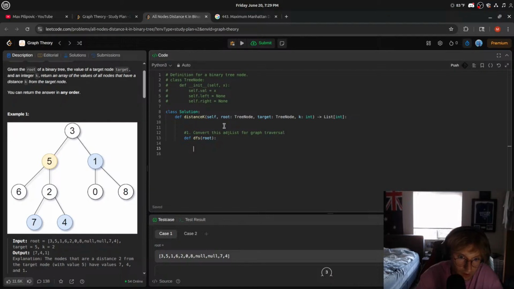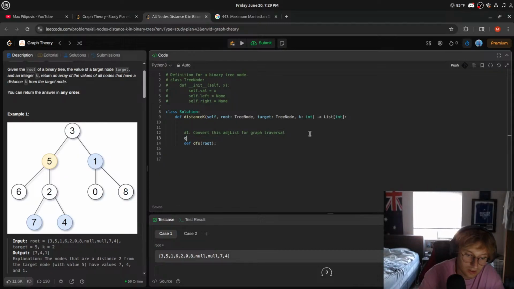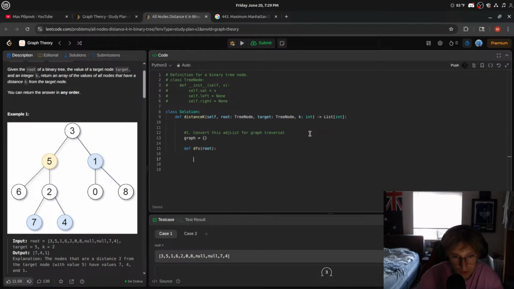Okay. We're going to make a graph. Oh, would this work though? Maybe we make the graph outside of this function. We loop through this and we go, okay, well, our base case here would be, if not node, we just return, right? We add our children, right? We would go, okay, well,